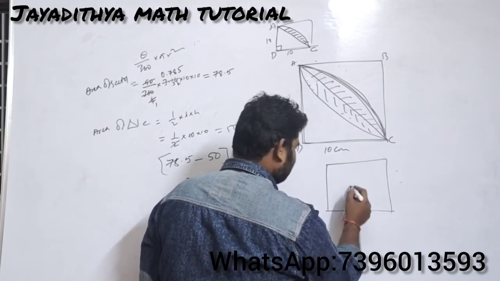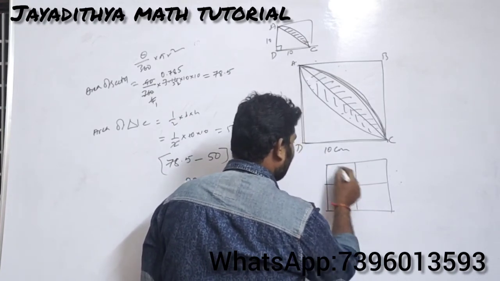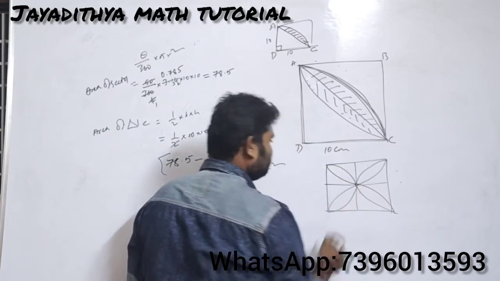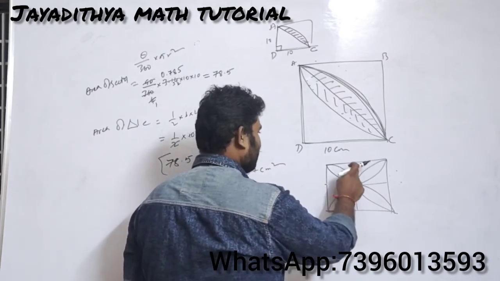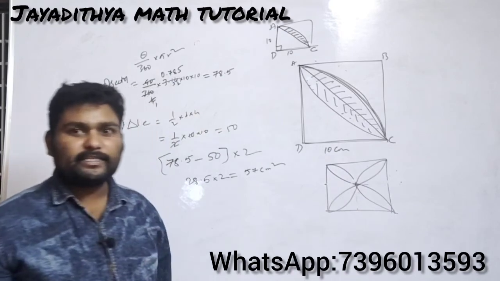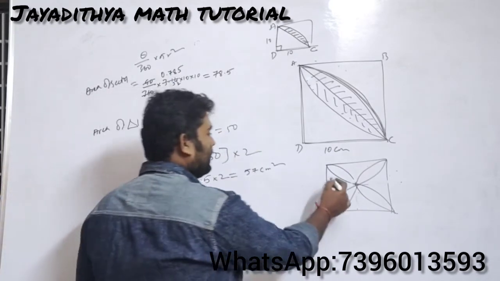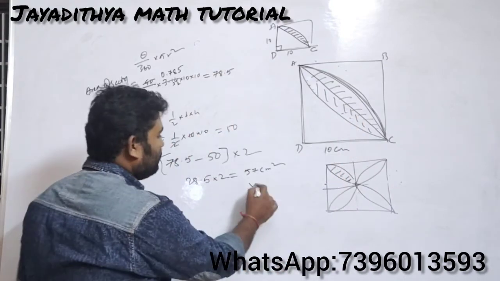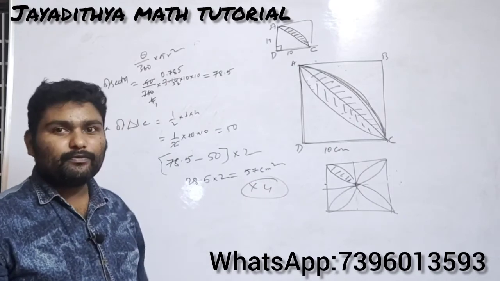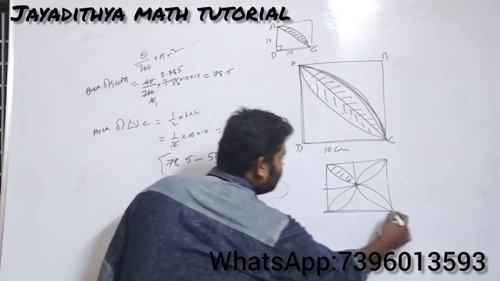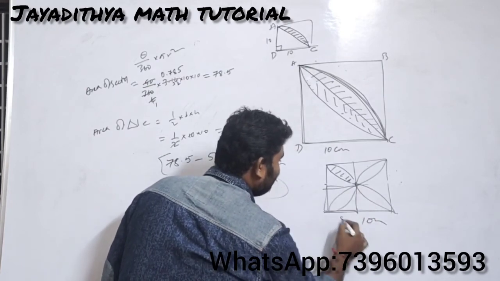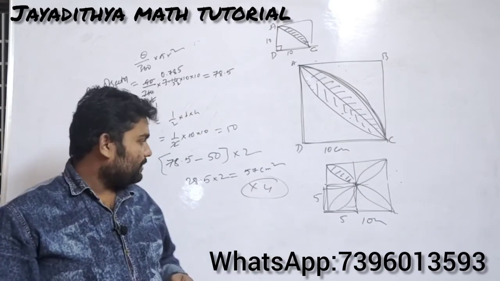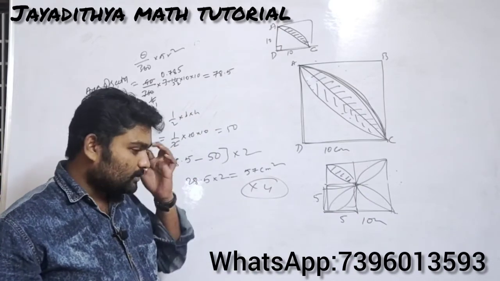So you can apply the same method for the previous problem that we discussed earlier, the problem which is in this manner. The problem which is in this shape, you can also apply like this only. First you find the area of one leaf in this method. After that you have 4 leaves now, so you multiply this one with 4. But the only thing you need to take here is, if the total dimension is 10 centimeters, you need to take only 5 and 5 for this square, Nana. So you should also split the side here. Clear?